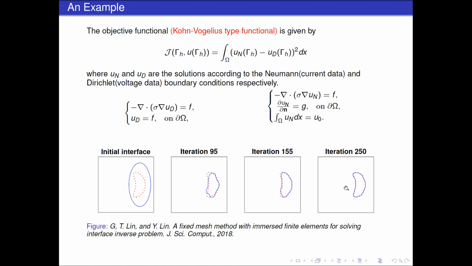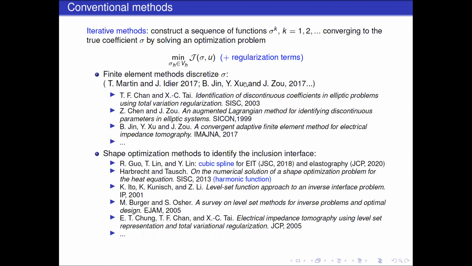But the problem with iterative methods, or optimization type methods, is that in general they need a lot of iterations to converge, especially when the inclusion has a somewhat complicated topology. The number of iterations could be tens of thousands, which is really expensive and